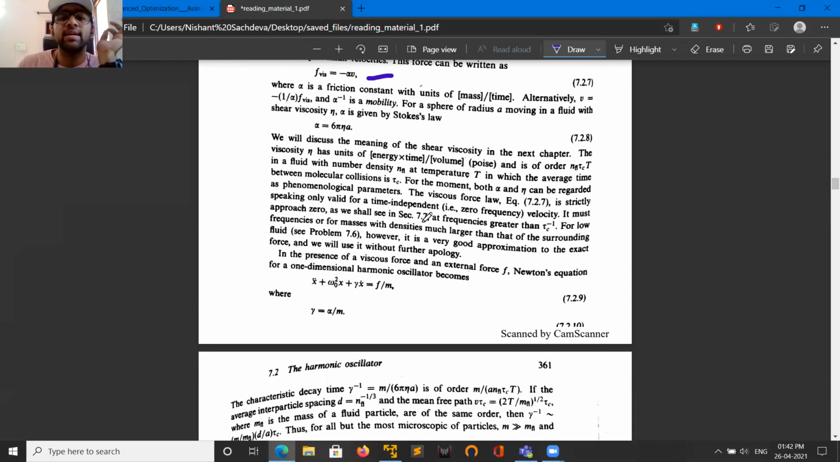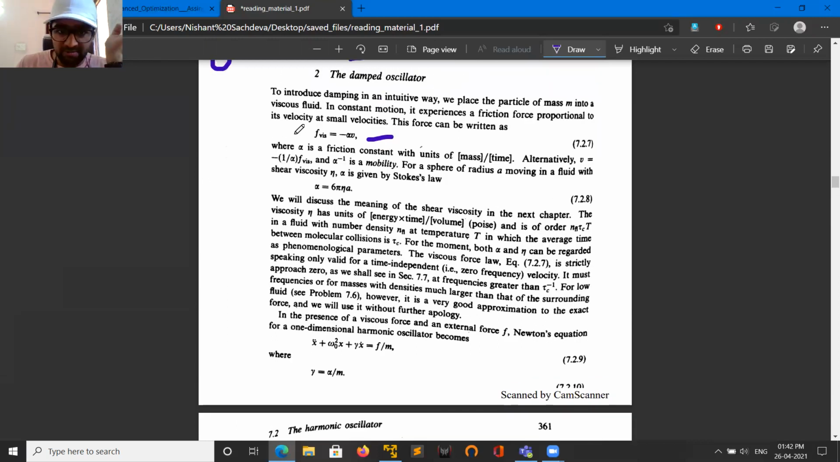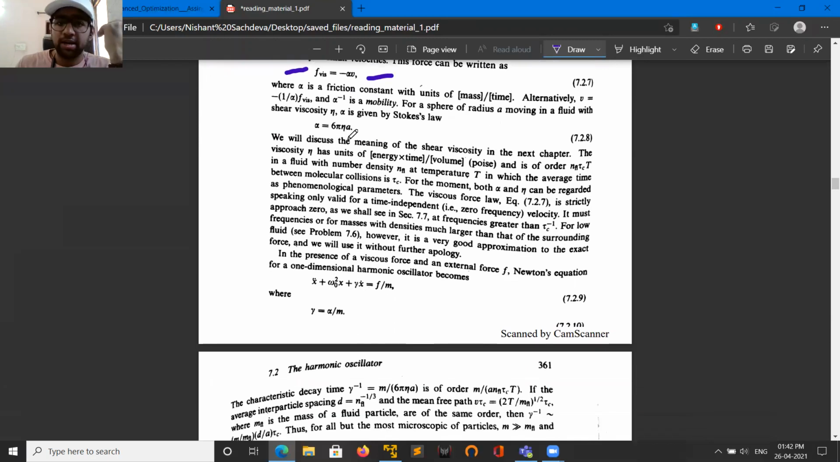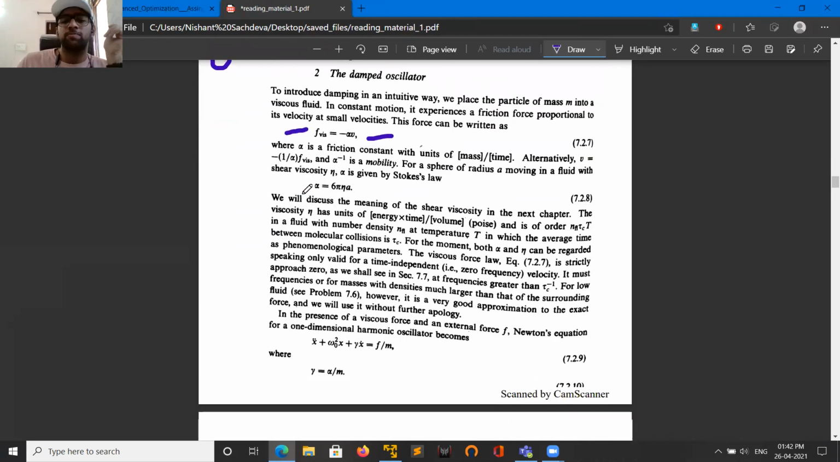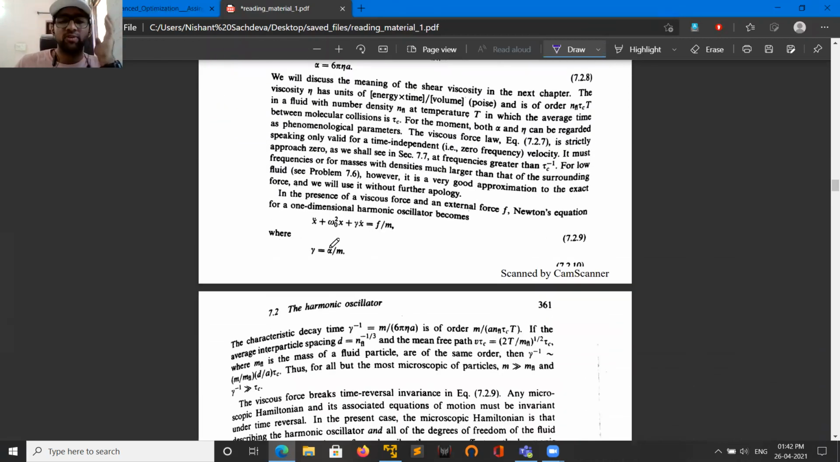Forces are not exact. There are a lot of conditions to be applied before we apply this particular viscous force, and that's what we're assuming. We're assuming low velocities. We're assuming that the ball is much more dense than the liquid surrounding it. All those assumptions we're taking, and under those assumptions, this is a pretty good approximation. In the presence of a viscous force and an external force F, so there's a driving force and there's a viscous force,